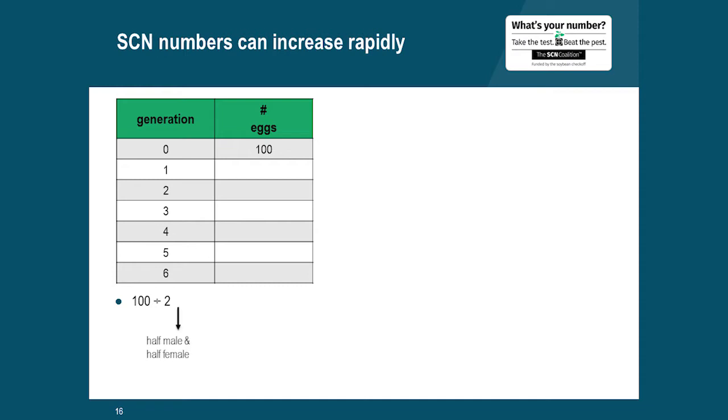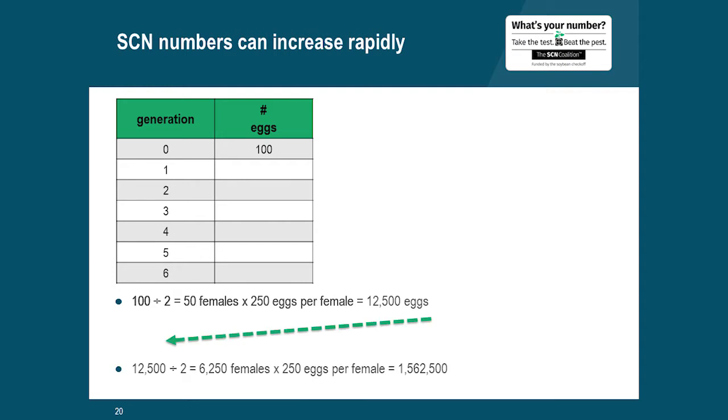So only half of that 100 are going to become females. So that automatically makes that 100 50. But then those 50 females can produce 250 eggs each, and that gives us, after just 1 generation, 12,500 eggs, okay? And then if you take that 12,500 eggs and do this all again, half becoming females, 6,250, 250 eggs per female, in 2 turns of the life cycle,